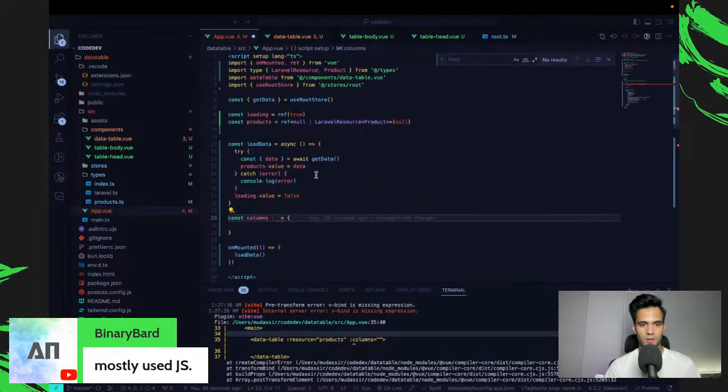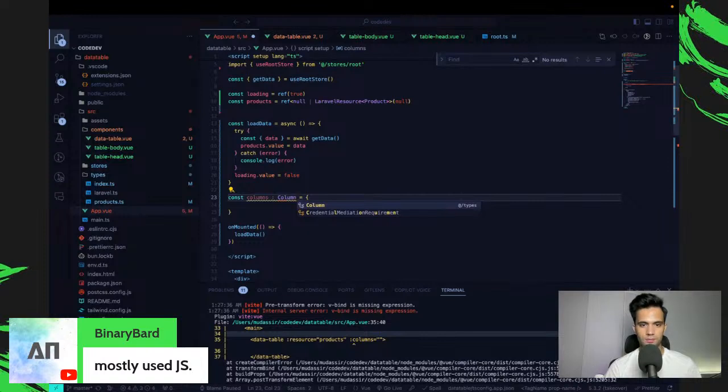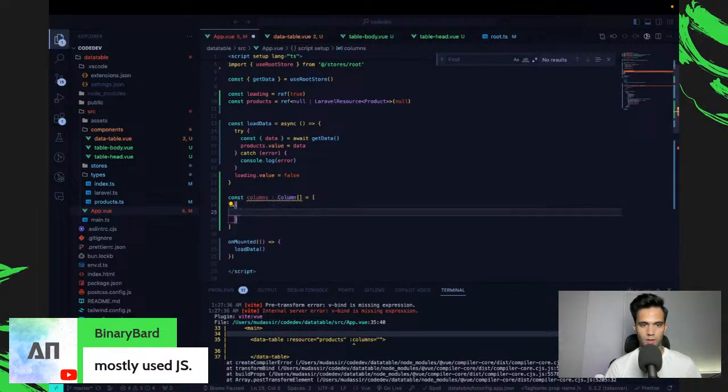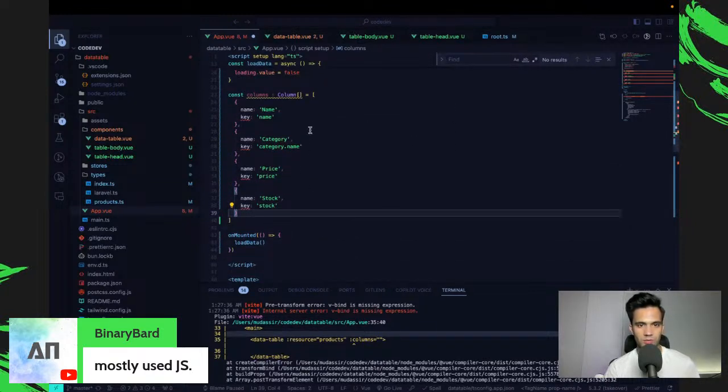And also in my parent component, I can say columns, and this is going to be an array of column. And now TypeScript will help me. And it does. Actually, it's Copilot which is helping me. But anyways,